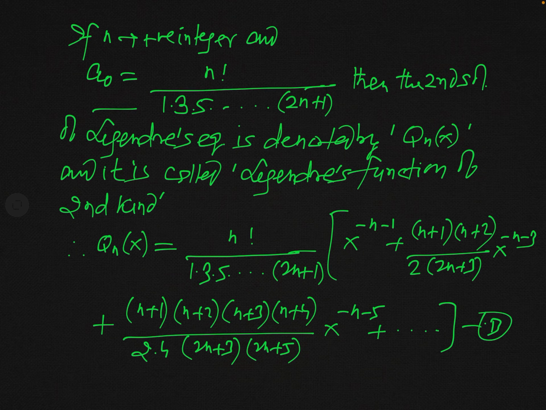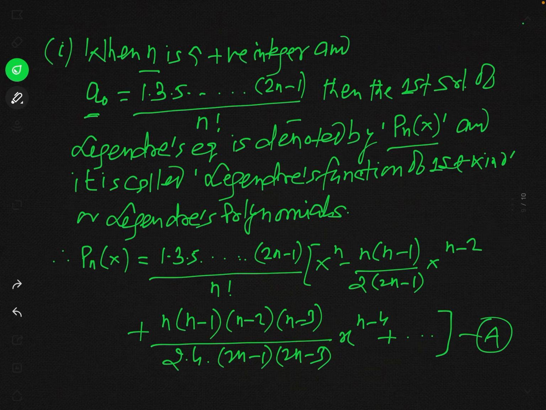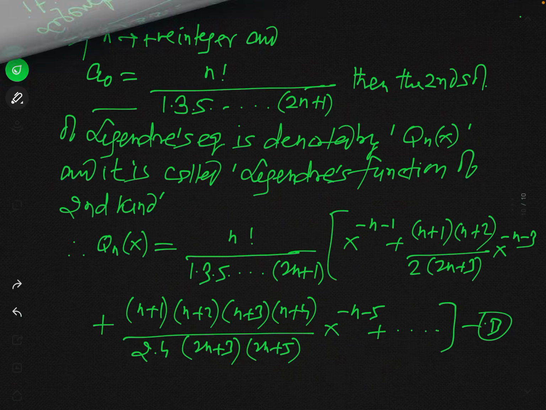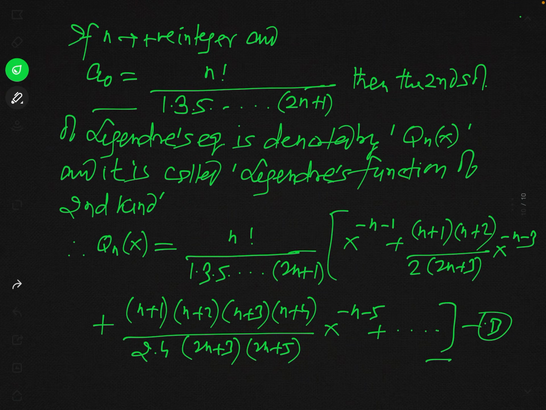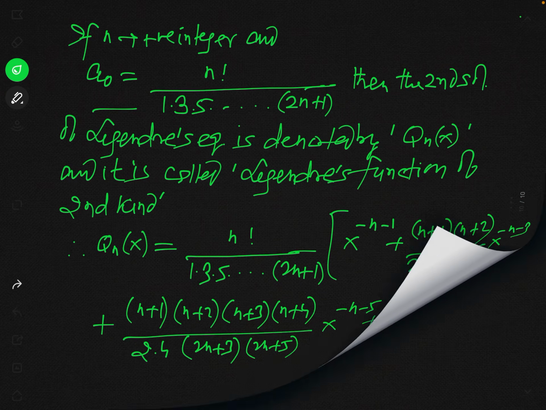So this is actually the second independent solution of Legendre's equation. Now you can see the first solution which is Pn of x, Legendre's function of first kind. Actually this solution is a descending series; in fact the power of x is decreasing. So this will be just a finite series. After a large number of terms, this series will terminate. So it is a terminating series, and this series defined in B is not a terminating series but it is